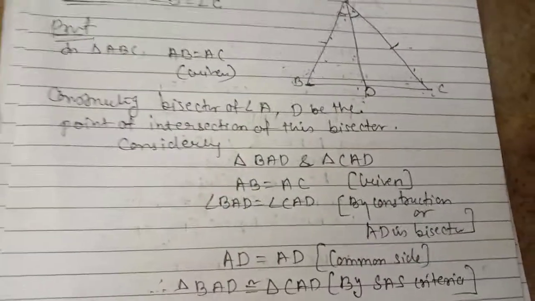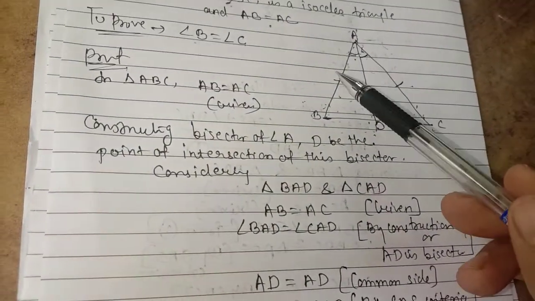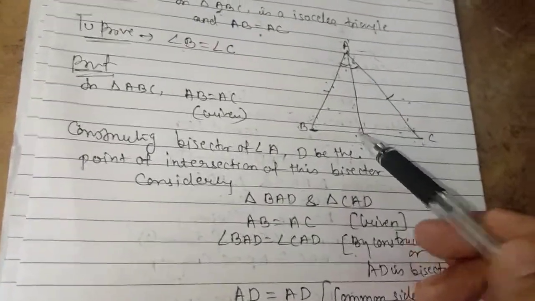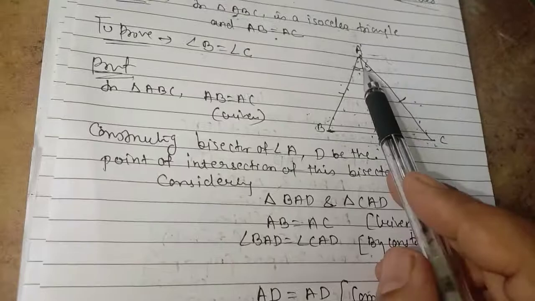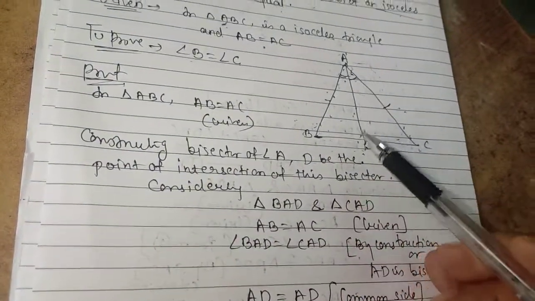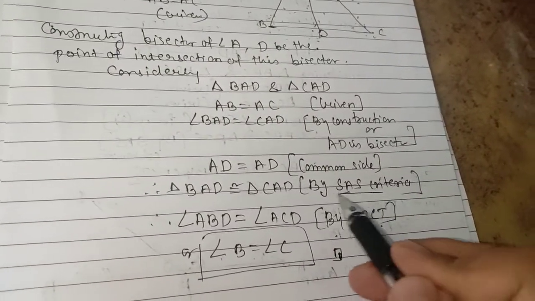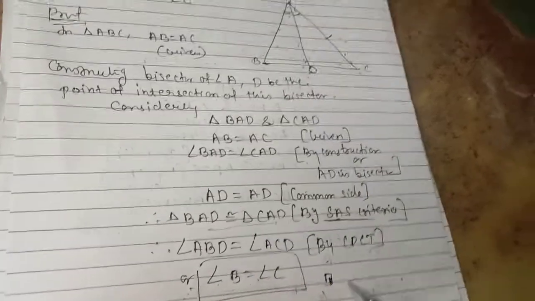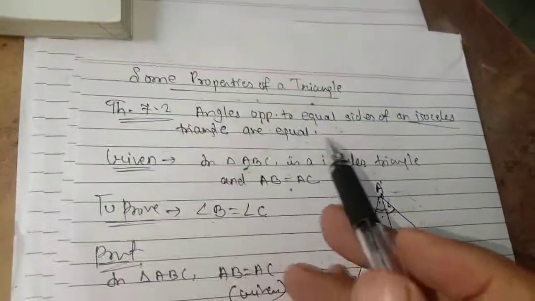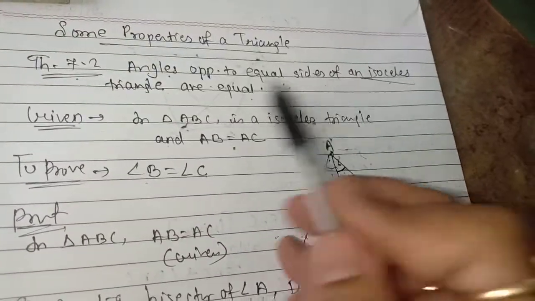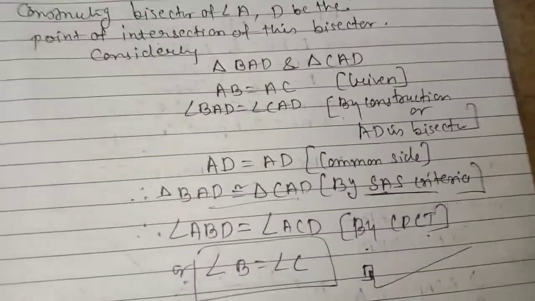So just see a clear view of the full theorem. The isosceles triangle is given here. We have taken a bisector. After taking the bisector, the whole triangle gets divided into two parts and we get an equal angle here, and then AD becomes the common side for both the triangles. Using the side, angle, side criteria, we prove the triangles congruent, and then we write our required condition. Clear? So this is the theorem you have to prepare, and once again I am reading the statement of the theorem: angles opposite to equal sides of an isosceles triangle are equal. Clear? I am going for the next one.